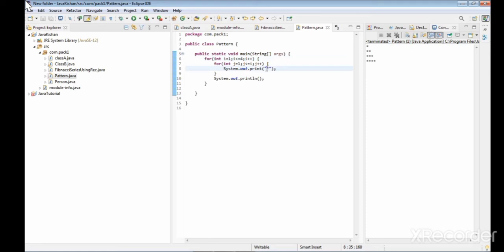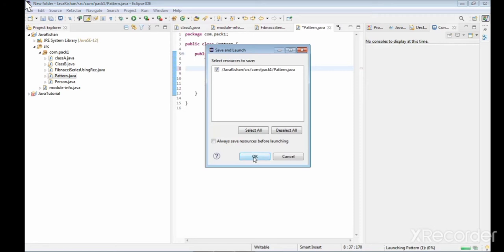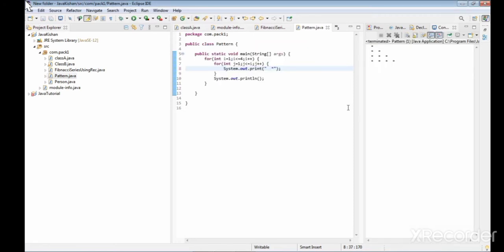And if we want to make some space between the stars, then we can give a space, and again we run my program. So this is the clear pattern of the program.